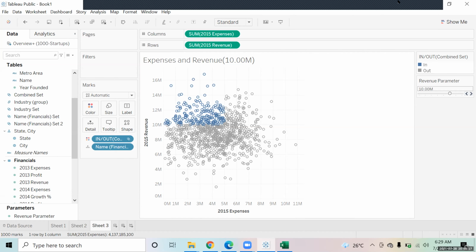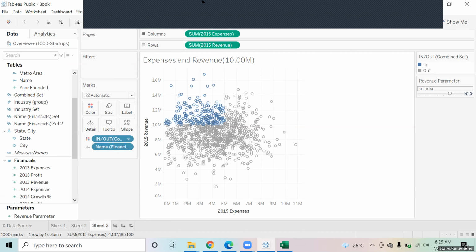Okay. So this is how you work with the group and this is how you work with this set. I hope you all are able to understand this whole concept. Yeah, getting it. You made this parameter. Can we give this formula to any of the sets? We created two sets. Did you give the formula for the combined set or any of the sets? No, this formula will be applied to